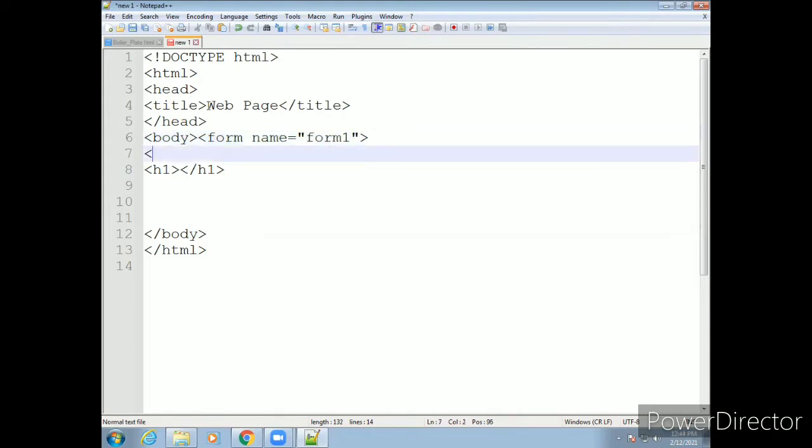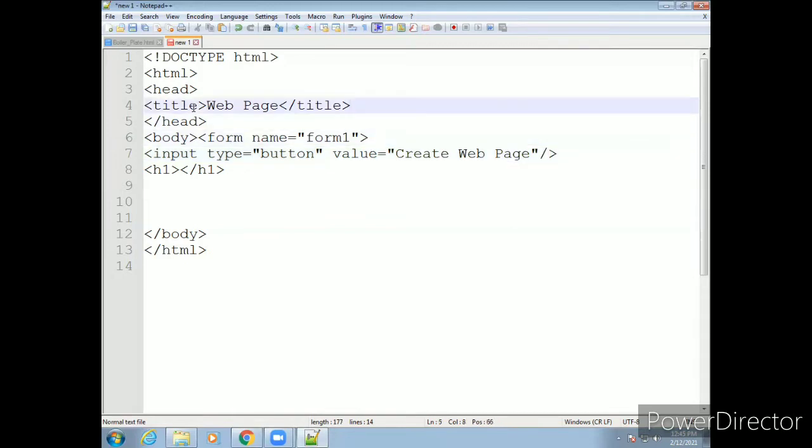As I told you, we use a button. For the button tag we use input, type equal to button, then the other attribute we are going to use is value equal to create a web page, because we want to create a new page. We already give the name of our page, then let's close this tag.